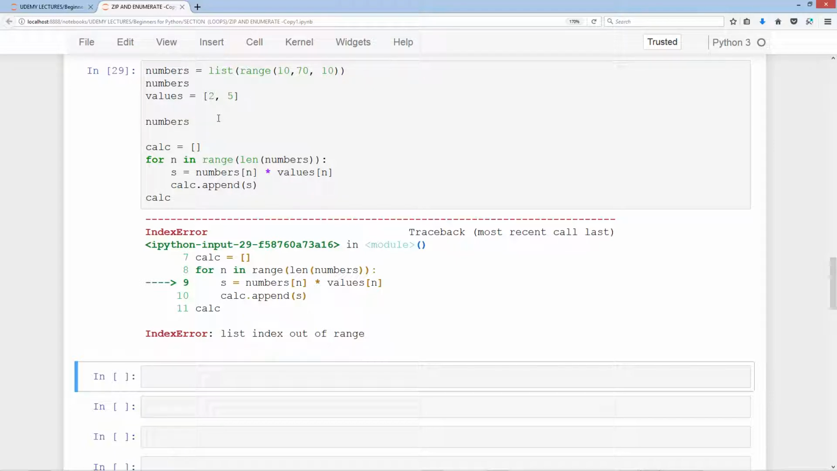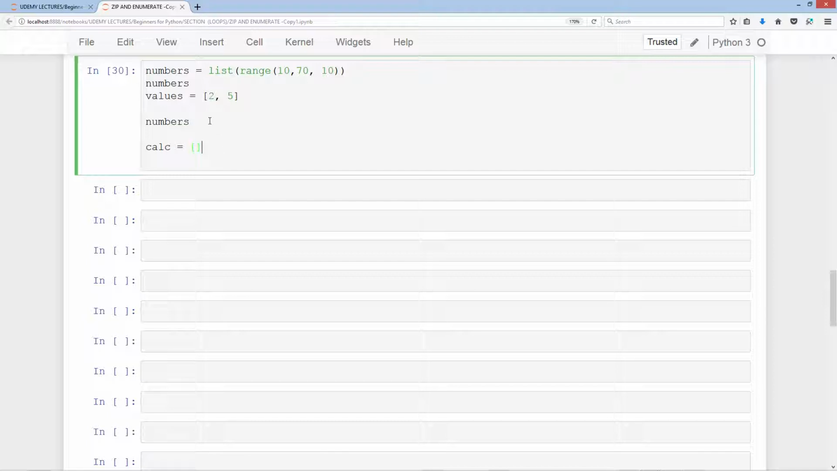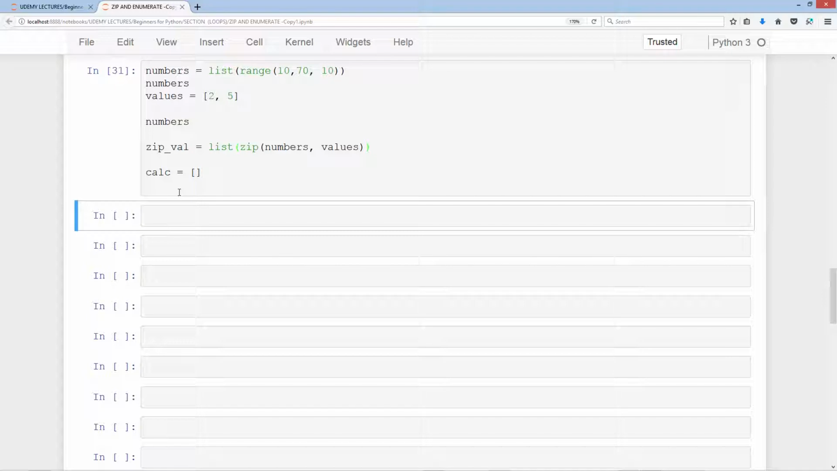So we have a bit of a problem here. There's a way to remedy this potentially, and that is if we were to simply delete this code here for starters, and we do the zip. So what we do is zip val equals list zip numbers values. We run that, and then if we take a look at zip val,